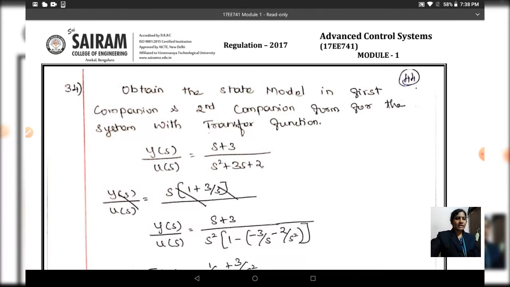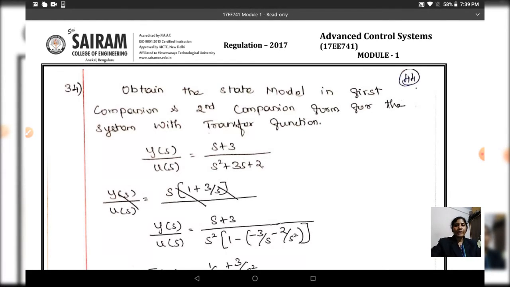To overcome this disadvantage, we are going for the state space representation by canonical variable. We can call this the canonical form, normal form or Foster form. Normally this type of method is usually solved by means of the partial fraction method. When we solve the problem, we will come to know how exactly to solve it.